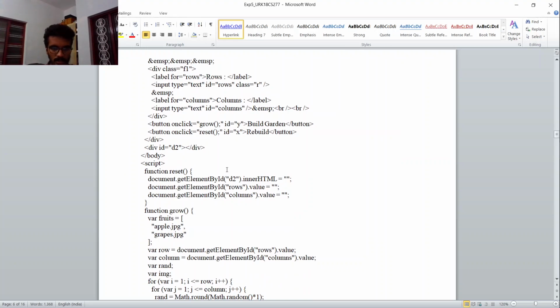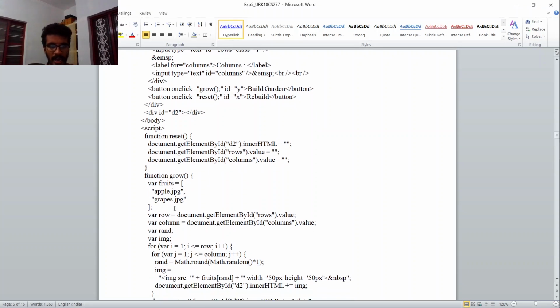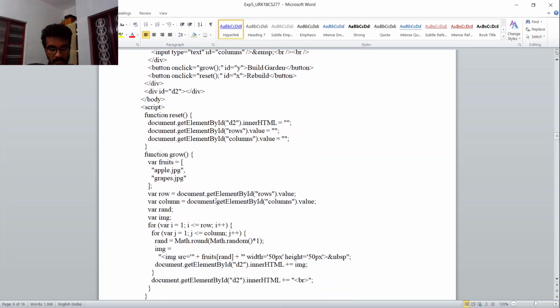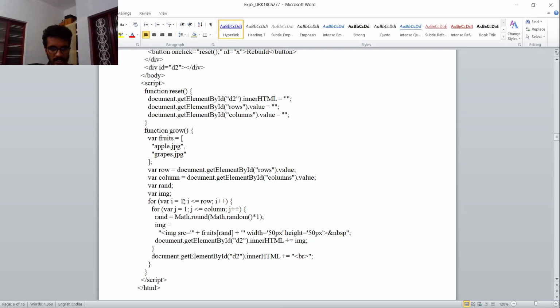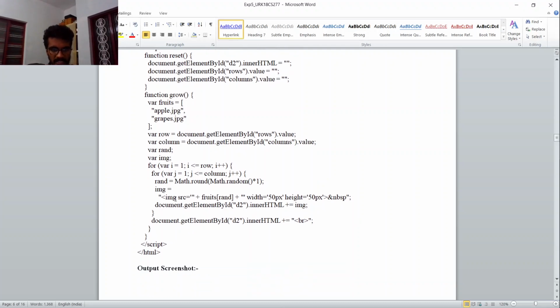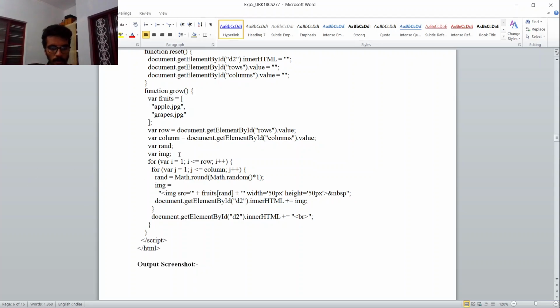So how the calculation is going to work is, you're getting the elements for rows and columns, fetching rows for apples and grapes. The fruits are apples and grapes, the images have been stored over there, and the selection is going to be randomized. So random images, not the same row with apples, or the same row with columns, and there's no even or odd possibility. All will be random variables. The apples and grapes will get displayed in random ways over there.